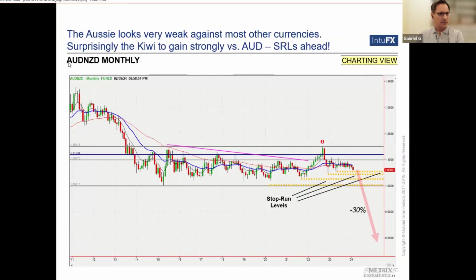This is the chart, Australian dollar, New Zealand dollar. Typically, they're very closely correlated. But again, here, something is going on, right? We've set up a couple of stop run levels. And as far as the charts tell, we should see a drop of 30% in value of the Australian dollar versus the Kiwi dollar, which is rare because nobody could tell me a reason for it. I've asked my Australian friends, there's really no reason why this should happen. So the patterns, and the market knows in advance, right? And we're going to find out, basically.